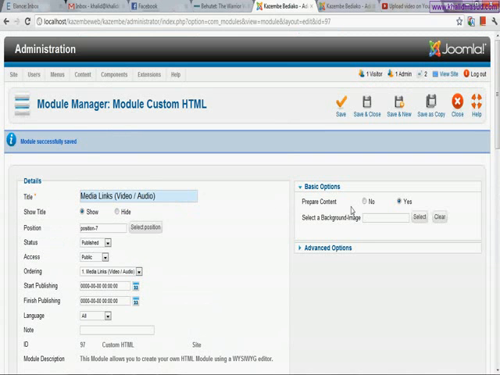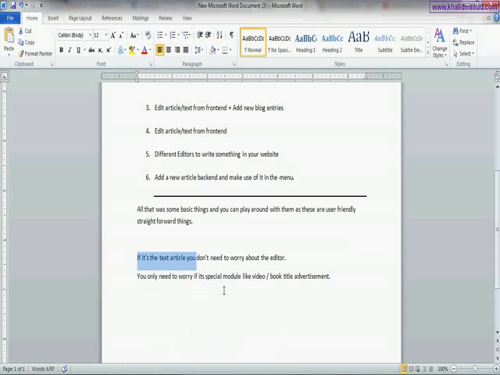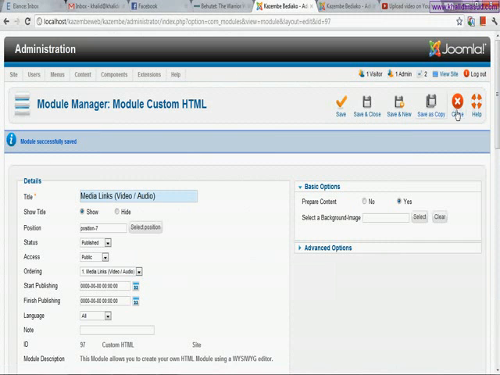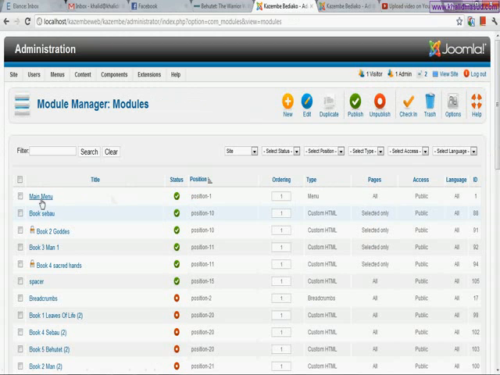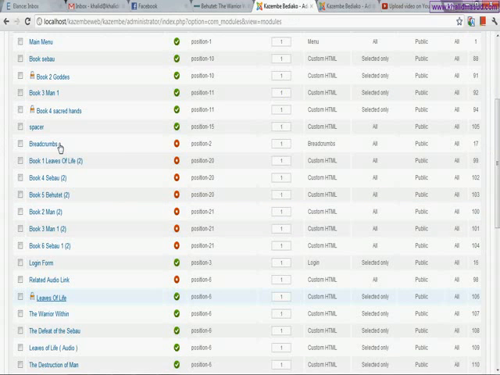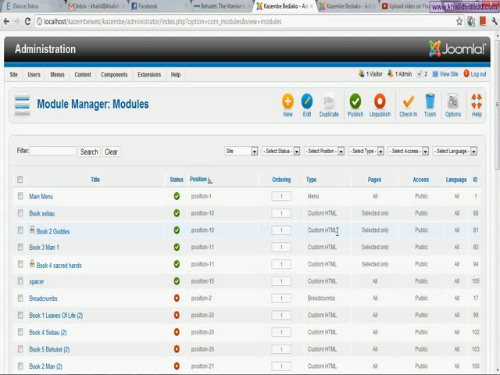In the end, you can do anything with your text or article things in any way, but if it is a video link, an advertisement, or some special code which I have already placed there, which you can see in this module manager, you can see that custom modules and all these things have some special code written in them.